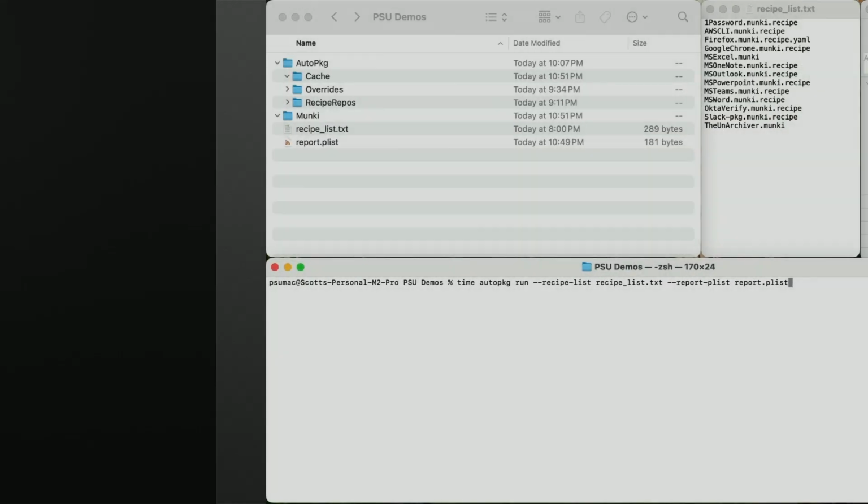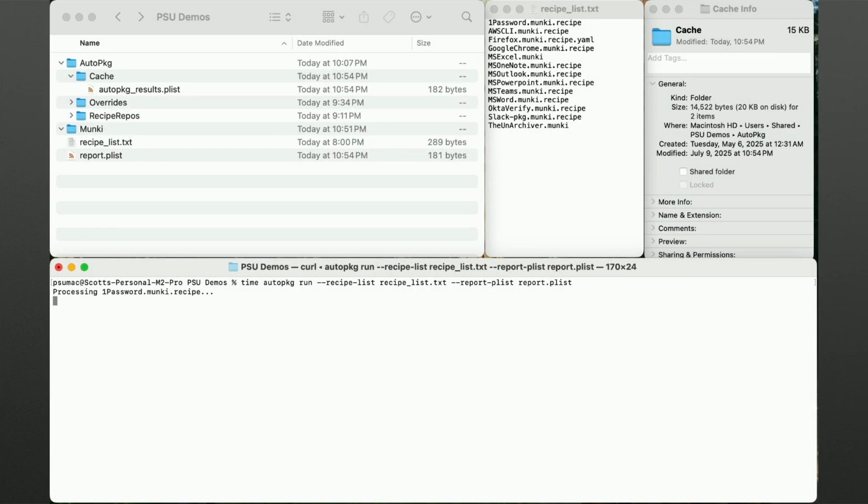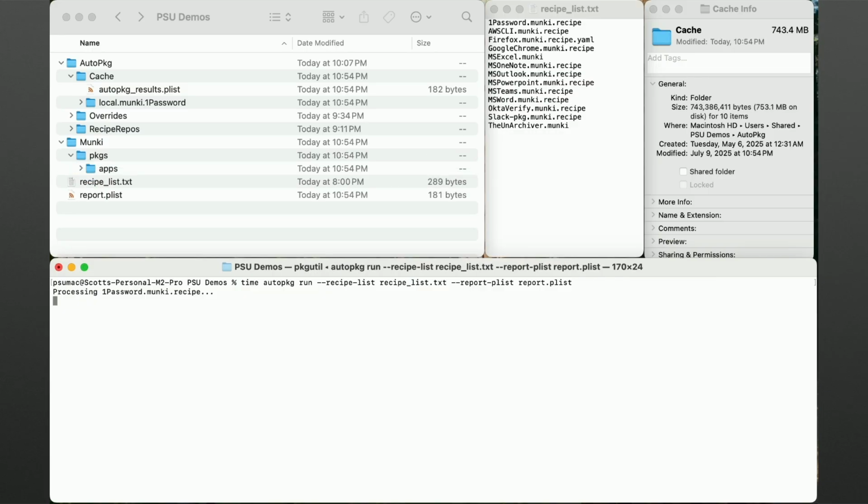Okay, so I've talked a lot. So let's get into the demo a little bit. And I'm going to apologize a little bit for this being small. It's not as bad as I thought. I did also lie a little bit. This is just a normal AutoPkg run. I wanted to do a little bit of level setting. I wanted to show what this takes on my machine so you can see the comparison.